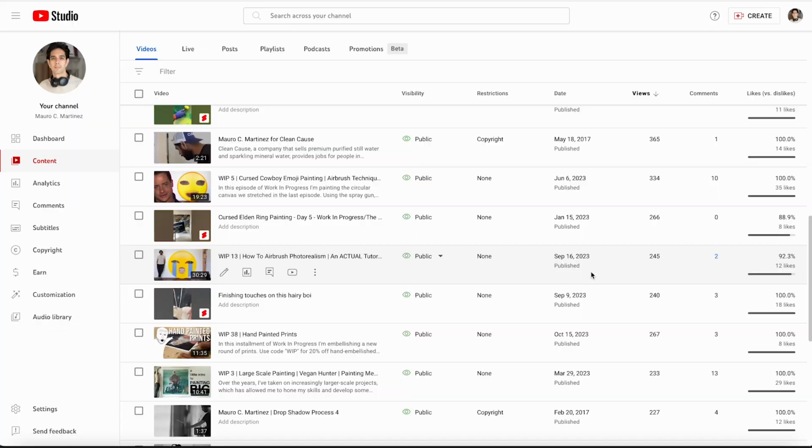Now, looking at what could possibly be behind this, I'm thinking we've got the images first, right? We've got the Brendan Fraser, and then over to the meme itself, and it's got similar features in the face. So that could be something. It could be the catchy thumbnail. We have the title, the little title, and it's cursed cowboy emoji painting, airbrush technique,